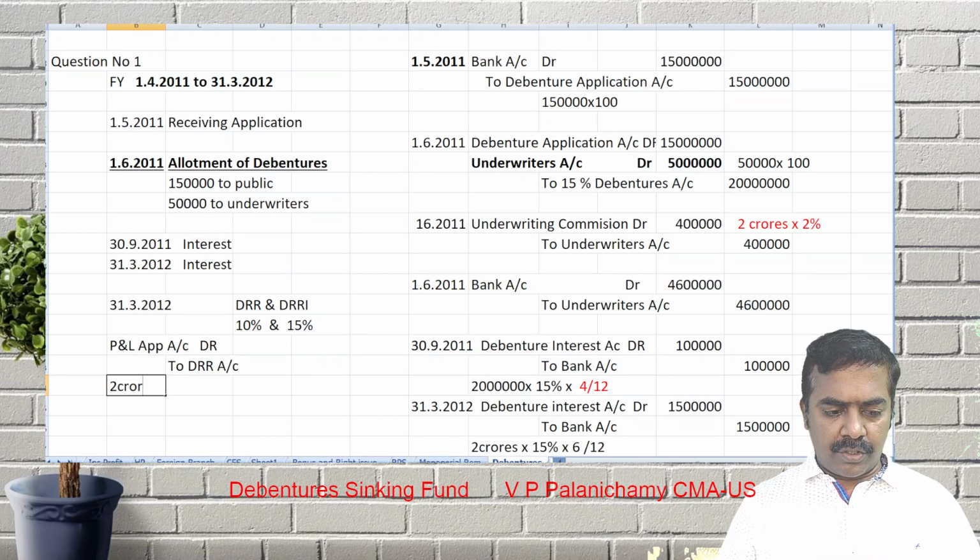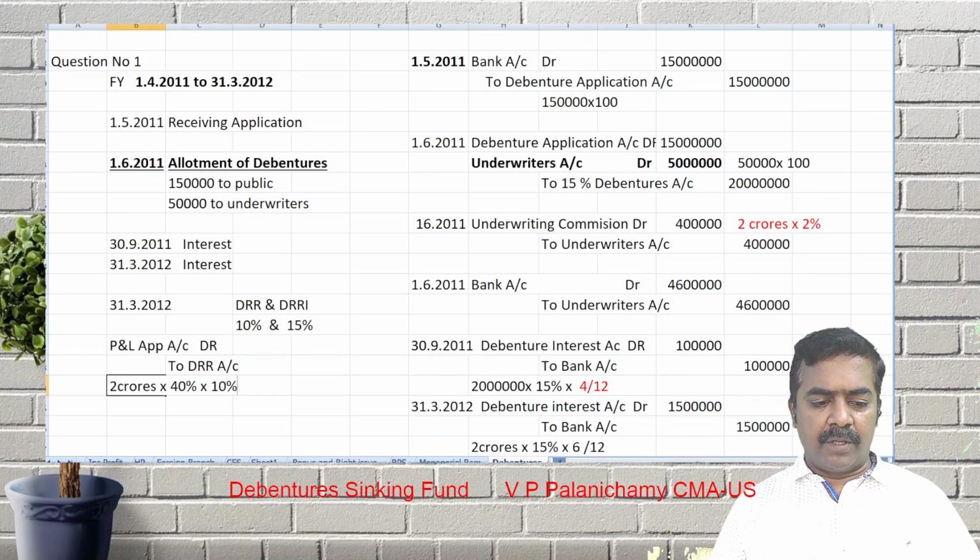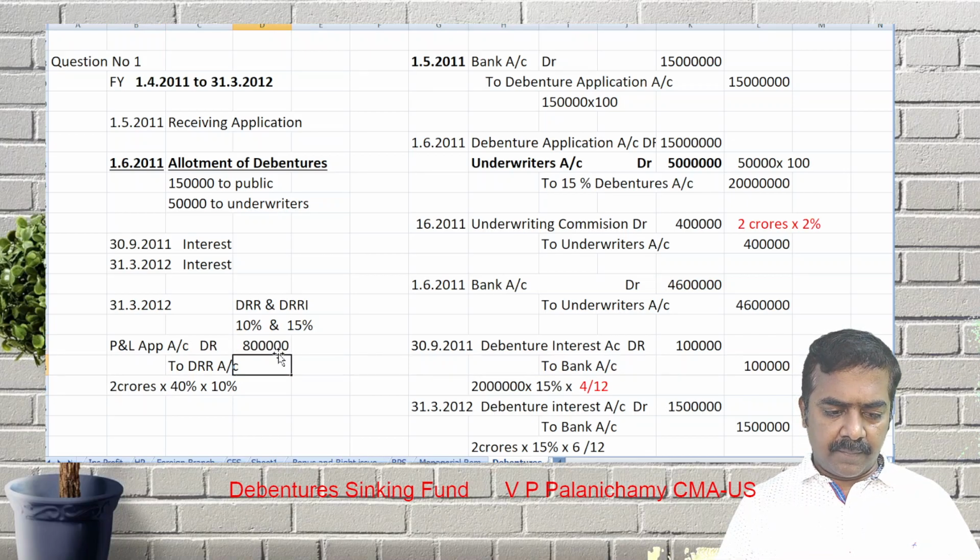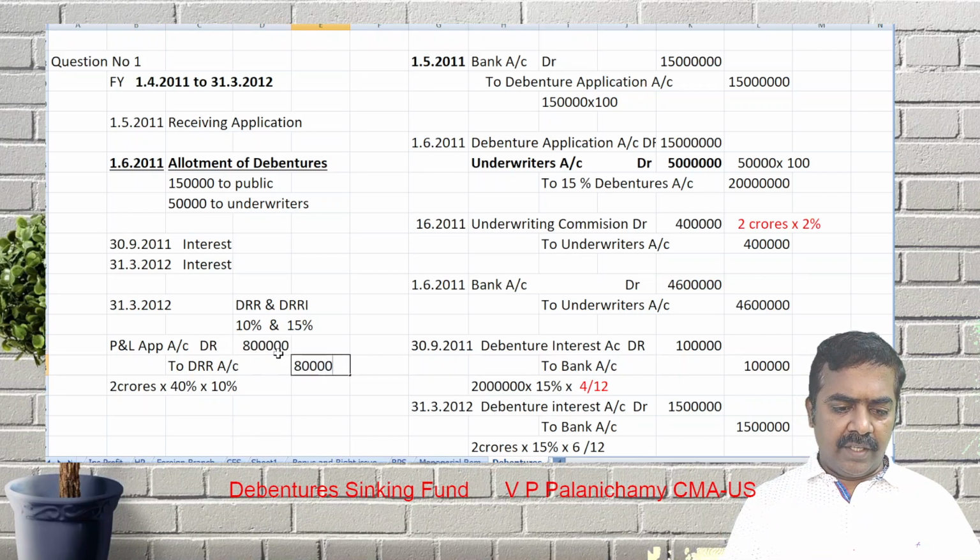2 crores into 40% you have to take. Why 40%? 60% is convertible. This into the minimum, how much do you have to create? 10%. 2 crore into 40% into 10% comes to 8 lakhs. 8 lakhs you have to create. Then